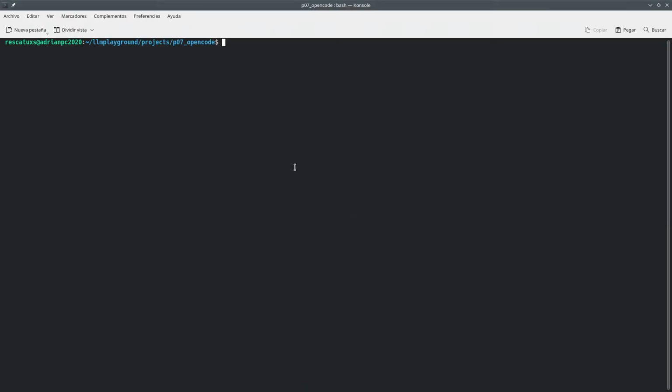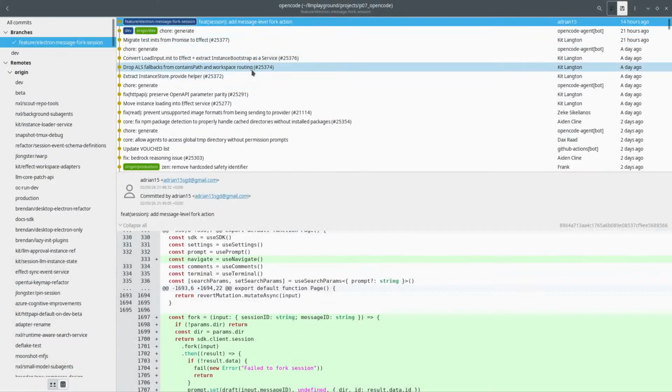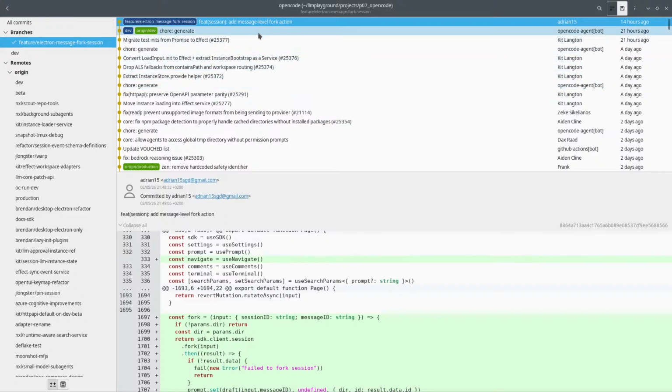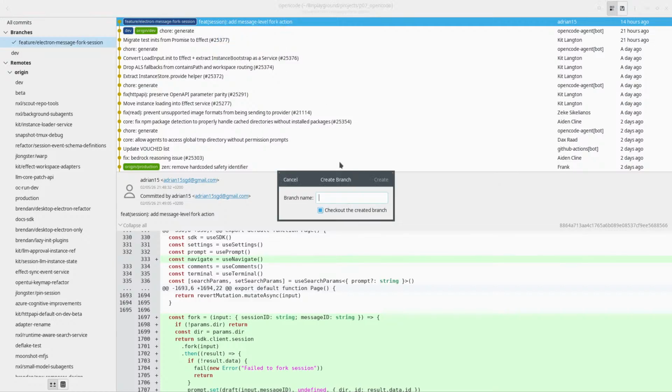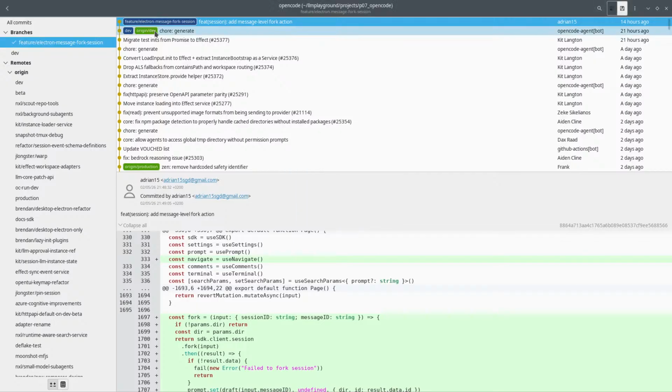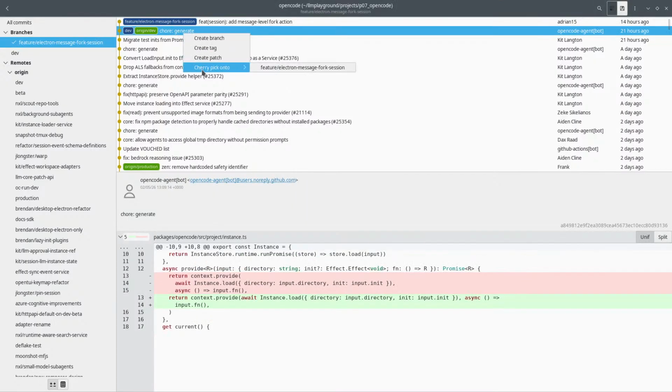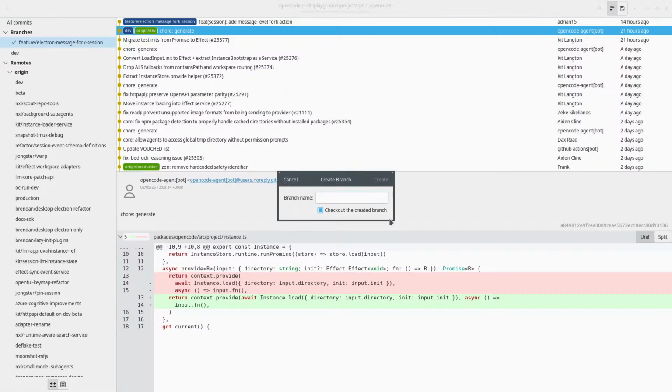So wait a moment, we are working with B07. What I want to be doing here is to use this thing and create a new branch from here, which is going to be create branch